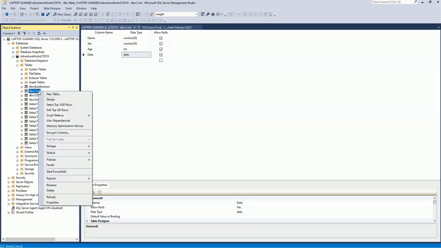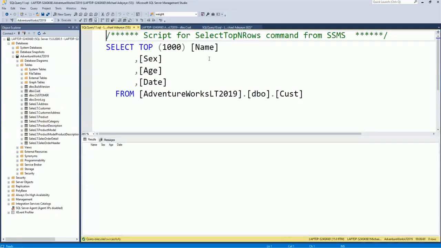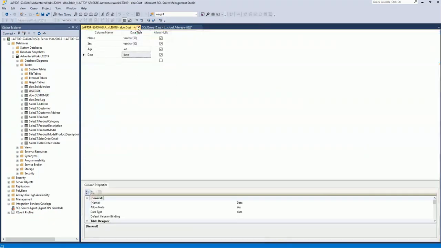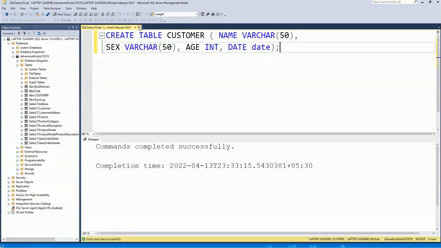So if I right click this and say select top 1000, you can see all the columns in that table. So we've created two tables now using two methods, right? Another way we can create a table is, now we created this way, right? I can say